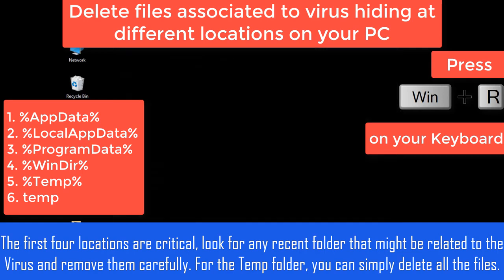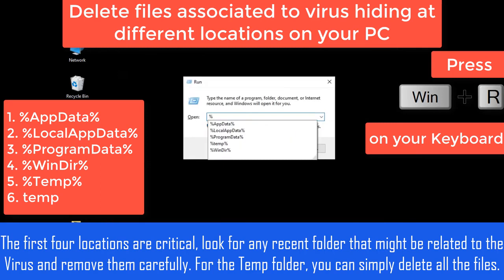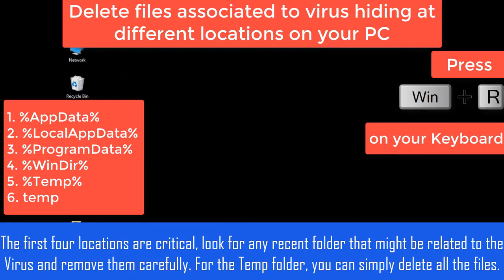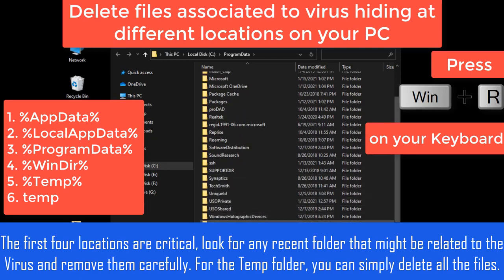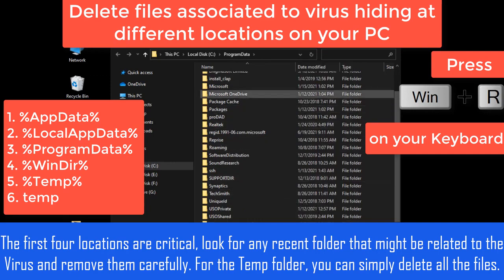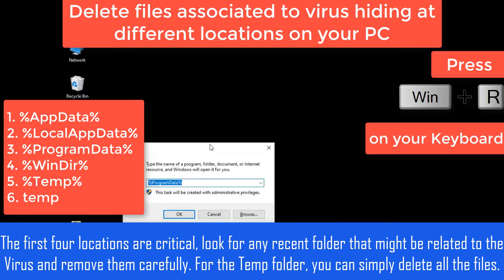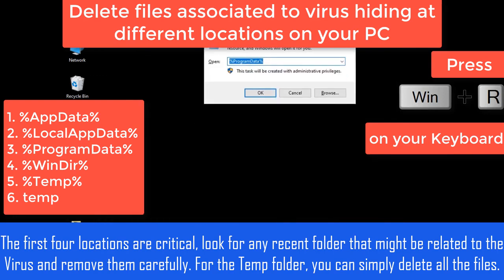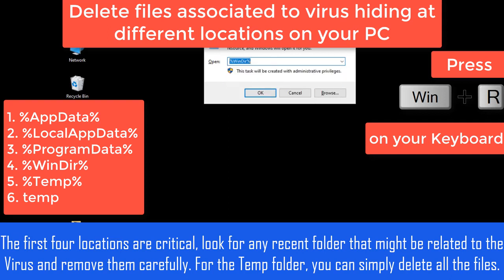But for the sake of this tutorial, I am going to perform all these steps right in front of you and find and delete all the files that are suspicious and malicious or related to this virus. As you can see, I am trying to find any suspicious or malicious files that are related to this virus. Keep one thing in mind, that virus may create folders in these paths with different names to hide their identity. So look for any files added recently at the time of your system infection and remove them.